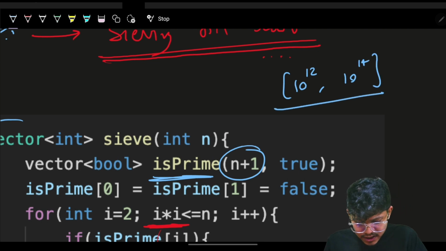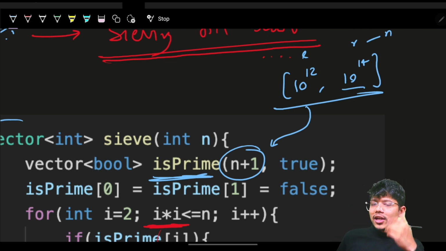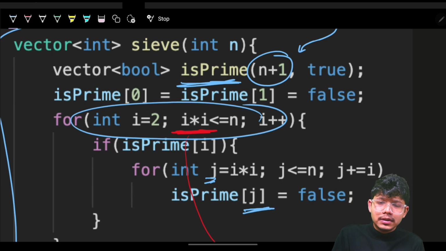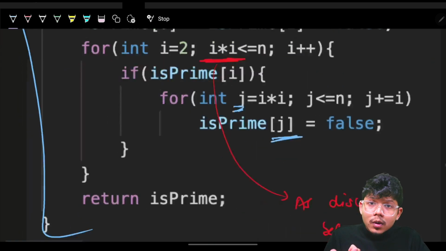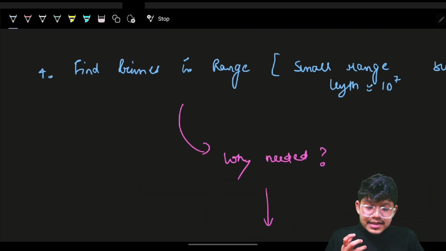If I ask you this, your L is this, R is this, and R is roughly n for you. So will you make a vector of 1e14? Impossible, cannot make. And will you go up till 1e14? Impossible, cannot. Then what to do? What to do in this case? This is called a segmented sieve. Now, what we do in this case is